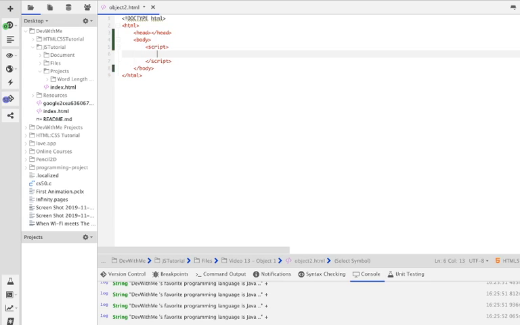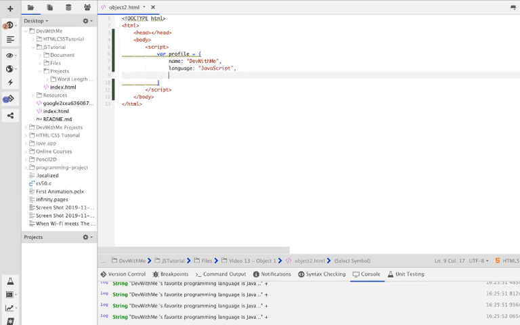Instead of using the new Object function, we can use the so-called literal notation. Then just say var profile equal to this, and we're going to use some curly braces. Then I'm going to just say name is DavisMe, comma, language is JavaScript, comma, profile dot show,